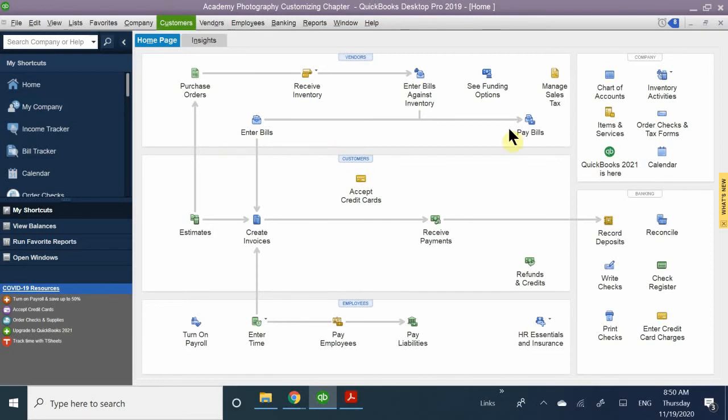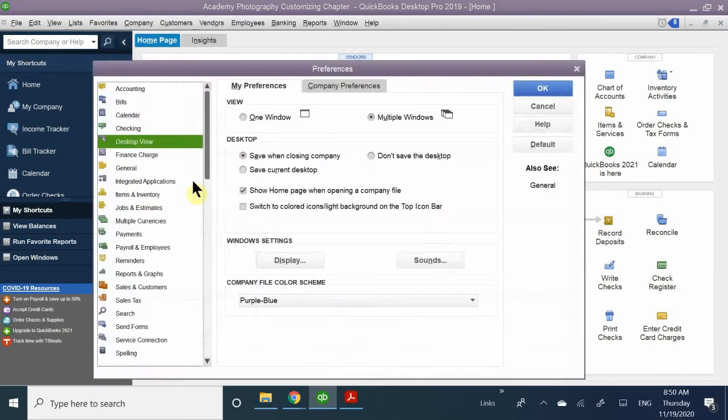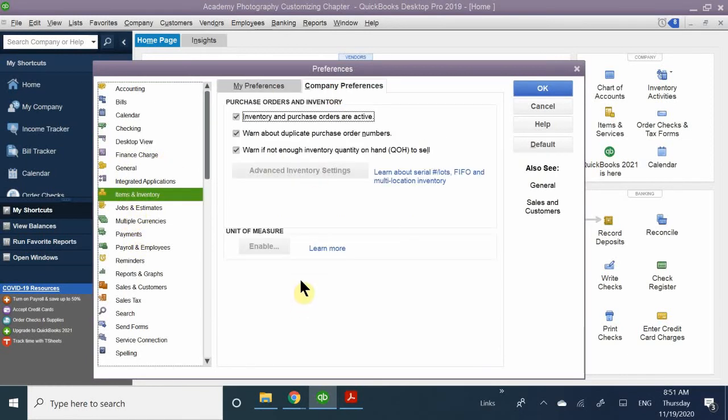I'm going to show you another example. Up here, you can see this inventory tracking. Right now I have my inventory tracking on, so I have my purchase orders, my receiving inventory, and receive against purchase orders or inventory. If I go to company preferences, and go to items and inventory, and go to company preferences,